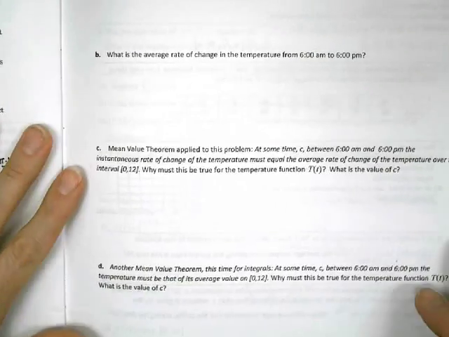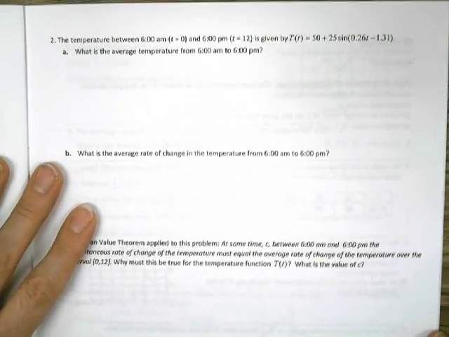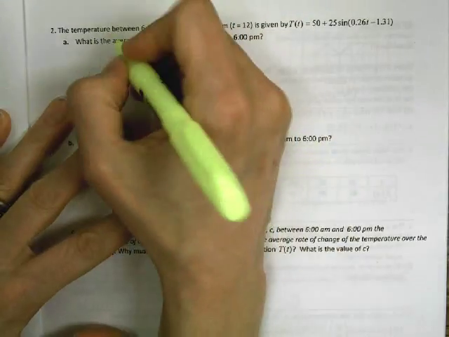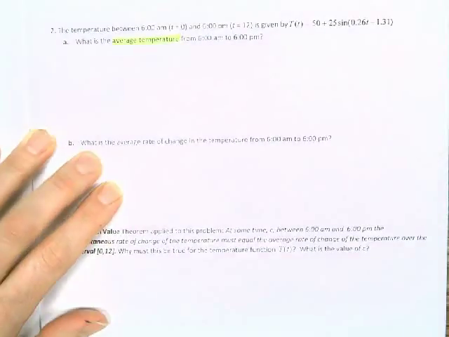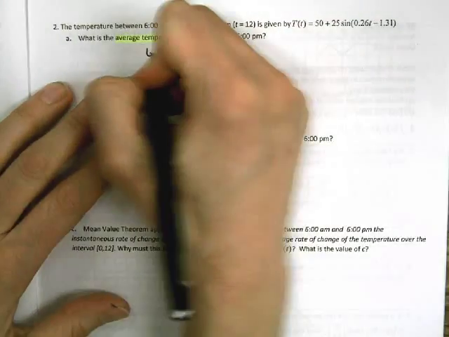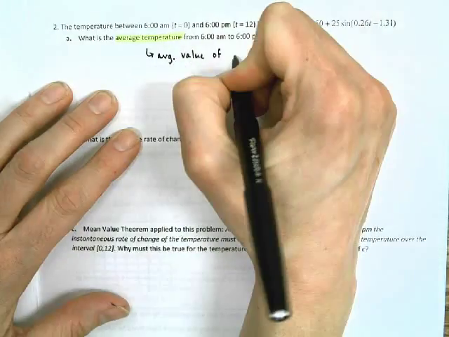Okay, next page. Now, I like these problems on page 2 because it's going to help us distinguish between some different vocabulary and the processes we need to use. So let's take a look here. It says the temperature between 6 a.m. and 6 p.m. is given by our function T here. It's asking, what is the average temperature? So when I see average temperature, I have the function for temperature. So this is just asking for the average value of T